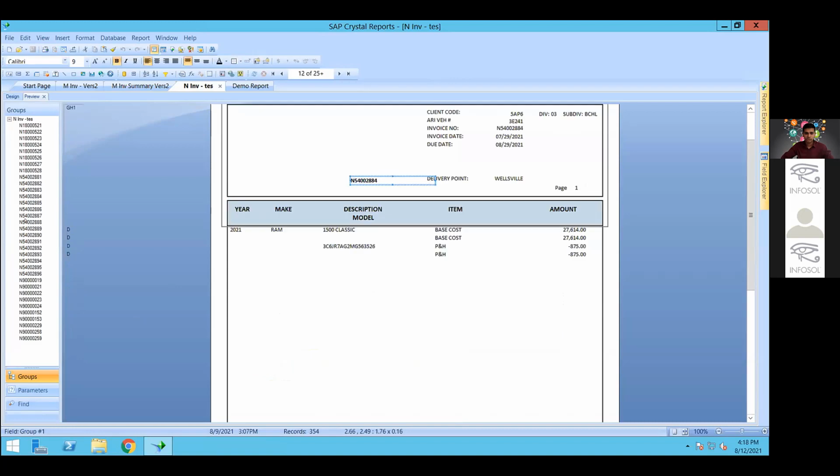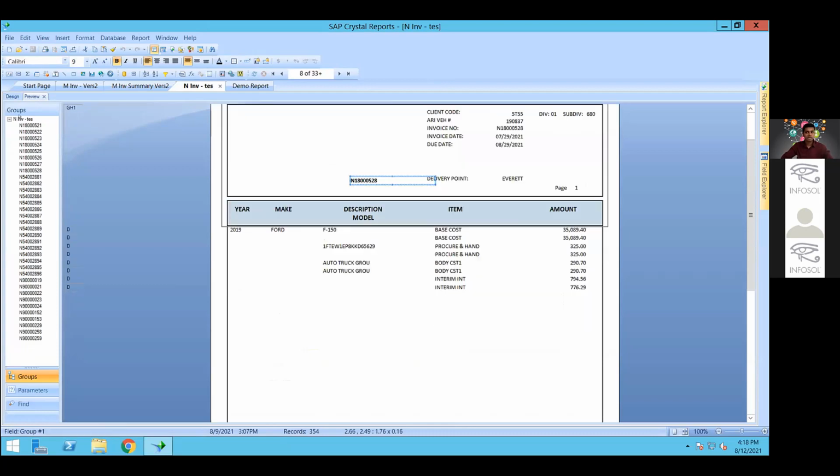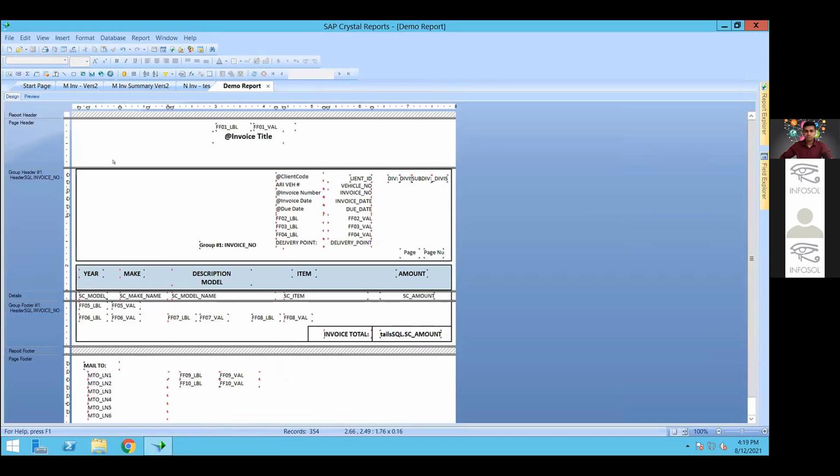It gives the mail to, remit to addresses. And this is kind of an interactive report as well. But ideally, we want this to be mailed out or printed and delivered to the customers for every single invoice. Now, for me to do this in Crystal, one of the few guidelines or tips that I would